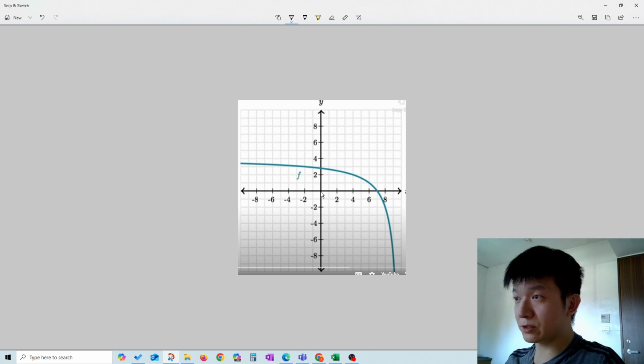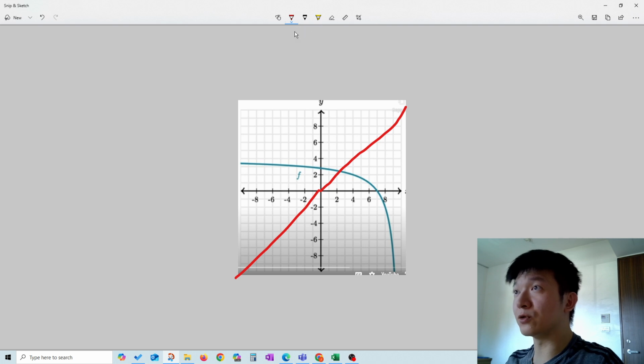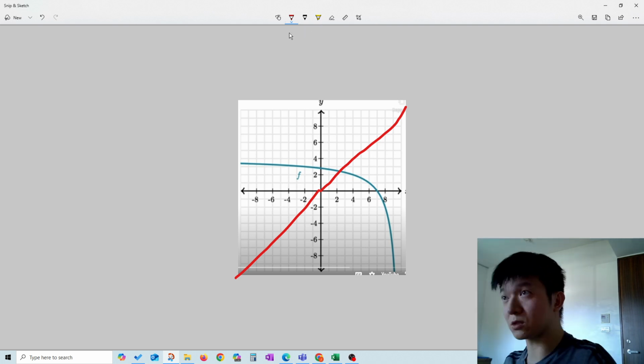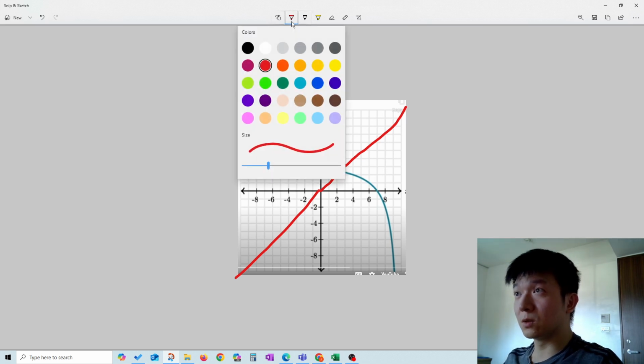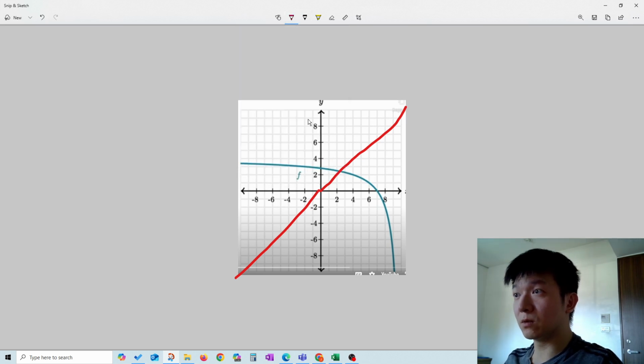So this is our y equals x, right? And this is gonna be our new graph. It will pass through the 2 and 4, right? 2 and 4, because we know from here 2 and 4,